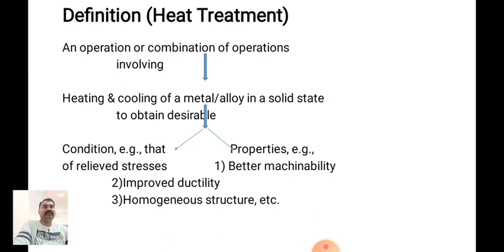Suppose we take the example of a connecting rod. The connecting rod is used in the internal combustion engine. In an internal combustion engine, the function of the connecting rod is to convert the reciprocatory motion of the piston, that is the up and down motion, into the rotary motion of the crank. Through the connecting rod, the work done by the piston is transferred to the crank in rotary form, and by that work we can drive our bike.